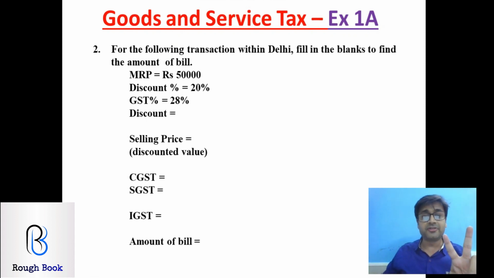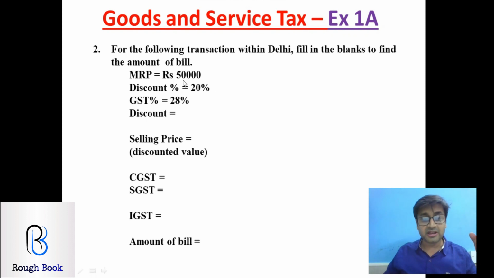So if these are two different states, we call it interstate. So interstate, that means CGST, SGST will be nil. And we'll have IGST as integrated, the total 28% together. So these are some white goods. Do you remember 28% is on white goods or maybe your tobacco or soft drinks?